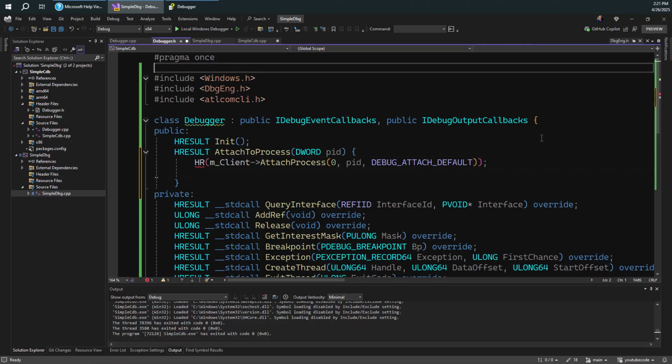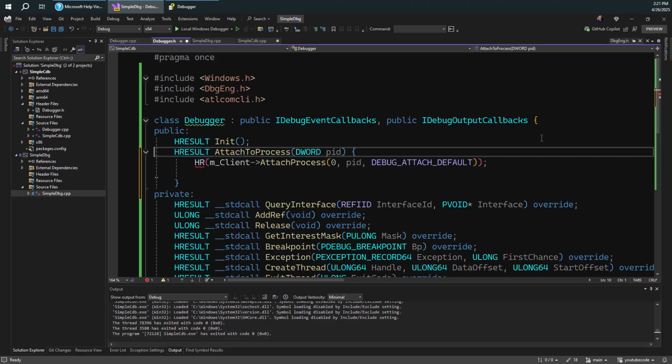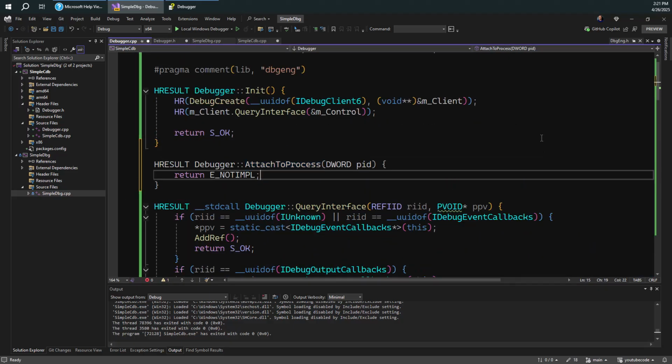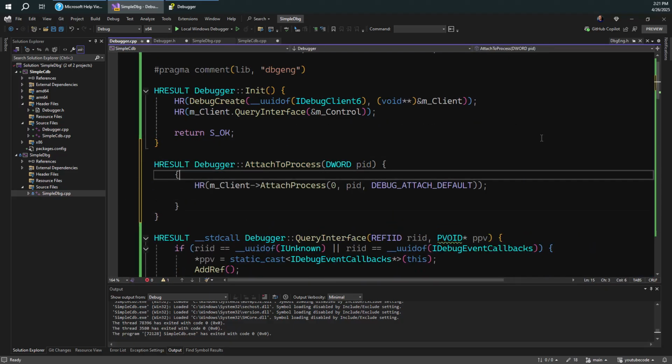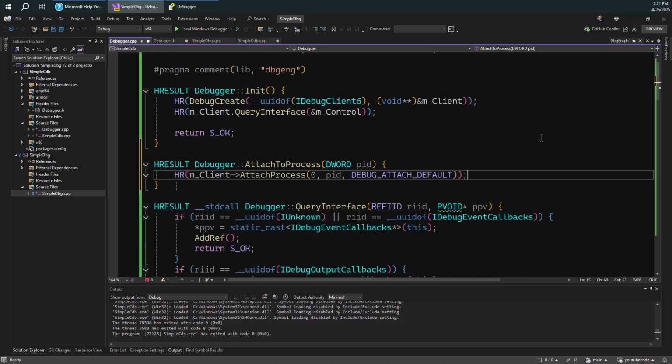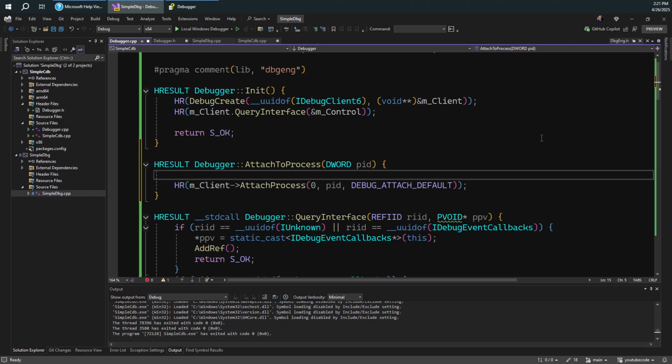And obviously I've done here something which I didn't really want to do. So let me just fix that. I want to have that in my CPP file, of course. So let's go and do that here, like so. Okay, so we have that. We're attaching to the process. In fact, to make sure that we do have